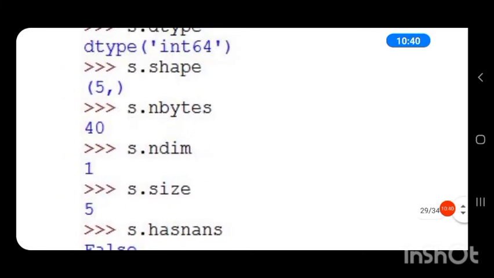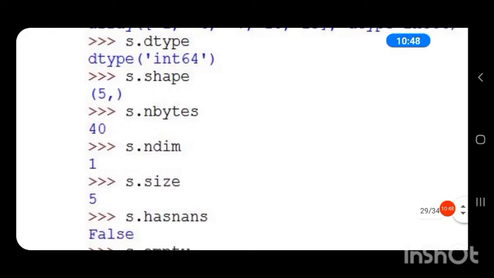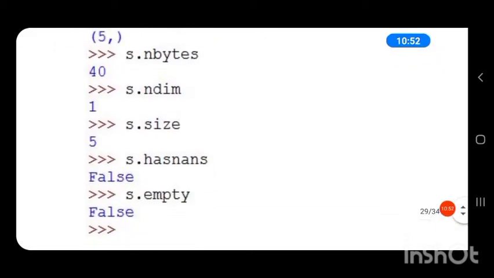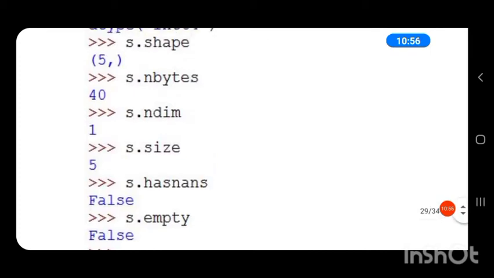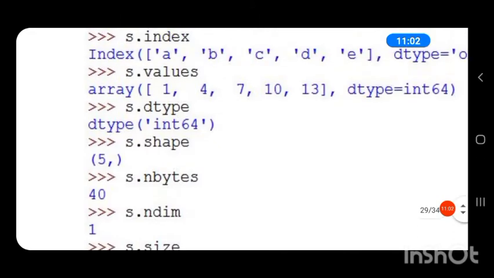Then S dot size, size of the series. The series has 5 elements, so S dot size is 5. Then S dot has nans. It indicates whether the series S has a nan value.